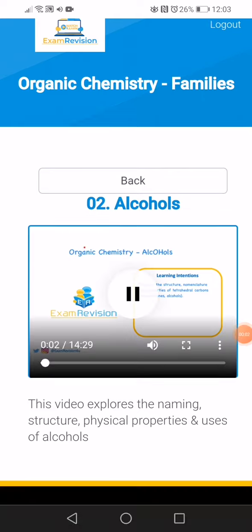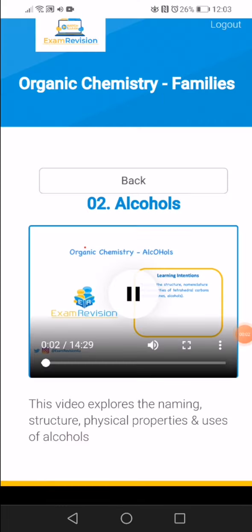We're going to look at organic chemistry, and we're specifically going to look at alcohols. And there is a reason why the OH is in capital letters here, and we'll see that in a few slides' time. Our learning intention is to explore the structure, nomenclature, and properties of tetrahedral carbons, and we're specifically going